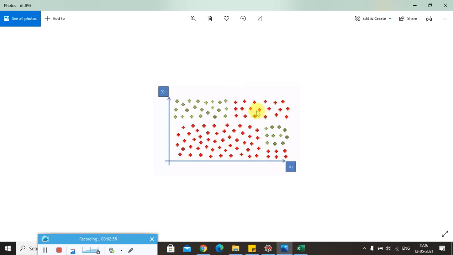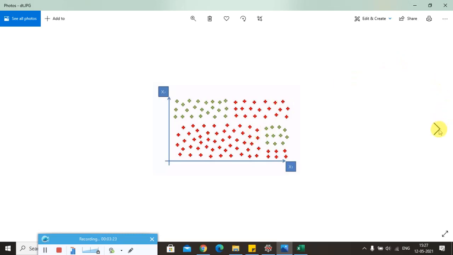Now the data points are totally distributed here. Some are here, some are in the top right, some are in the bottom right, and in between we have some other independent variables. So to split the data we require an algorithm which will try to optimally split the things and ensure a better accuracy of the model.